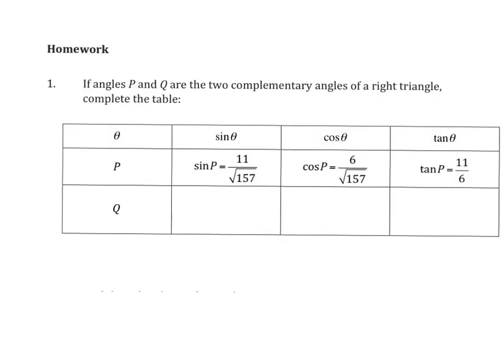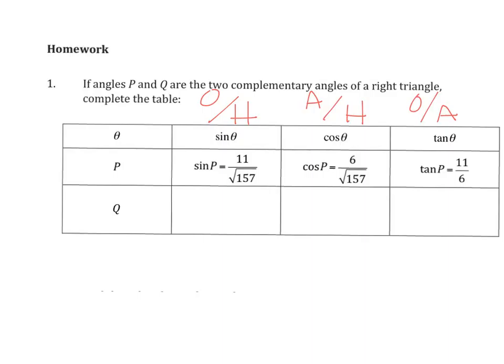If angles P and Q are the two complementary angles of a right triangle, complete the table. So they gave us the values of sine, cosine, and tangent for angle P, and what we know about sine is that it is opposite over the hypotenuse, cosine is adjacent over hypotenuse, and tangent is opposite over adjacent. Okay, but we also know that